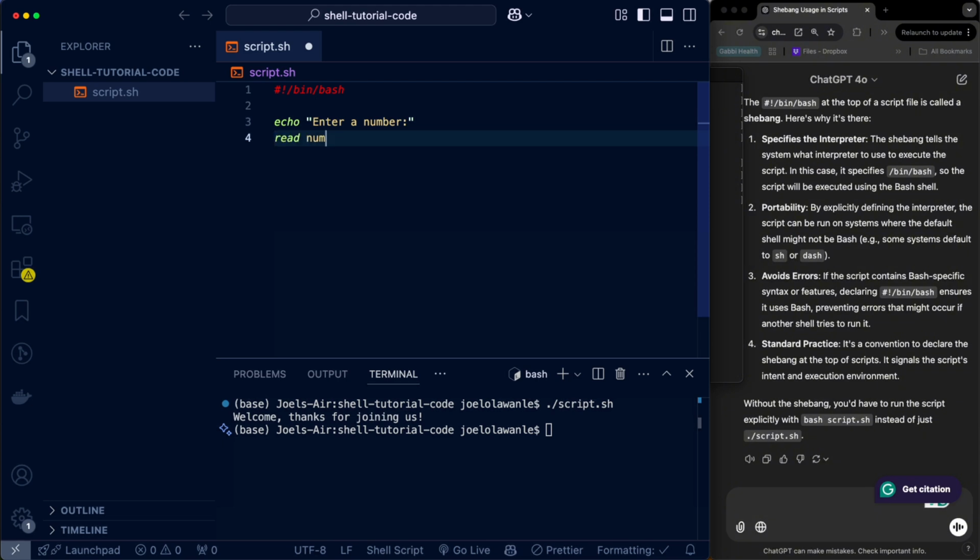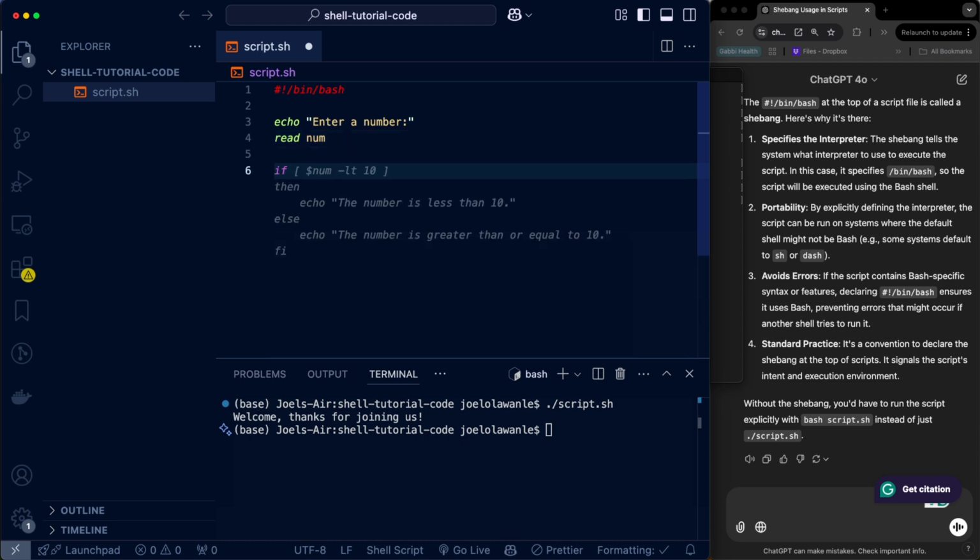Whatever is entered, we're going to read it, and now we can create a condition and say if the number is greater than 10. GT means G stands for greater and T stands for than. So if we want to say less than, we use LT. That is how shell scripts work. So let's say if it's greater than 10,